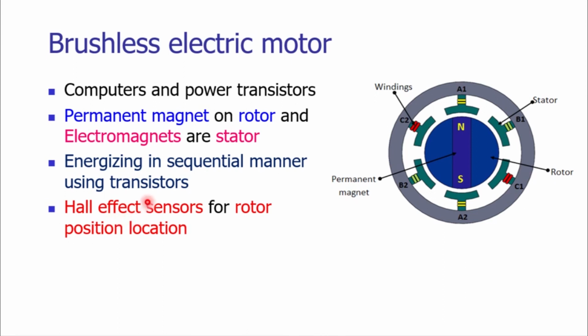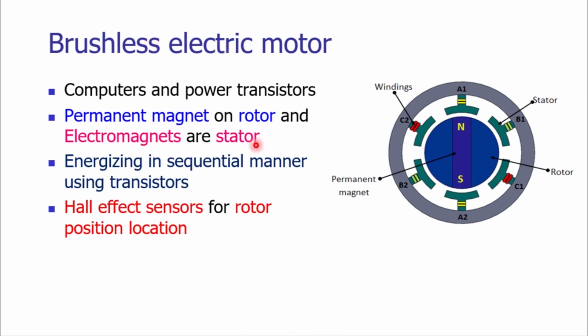We have seen the construction and working of Hall effect sensor. These are non-contact type of position sensors. The information about the position of the rotor will help the computers or microprocessors to energize the required stator windings. According to the signals given by the microprocessor, the power transistors will actuate the windings which are there on the stator poles. So the sequential actuation of magnetic field will lead to the required rotation of the rotor in